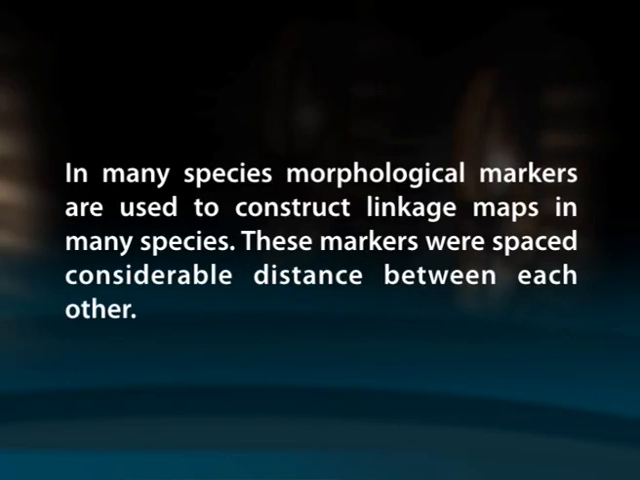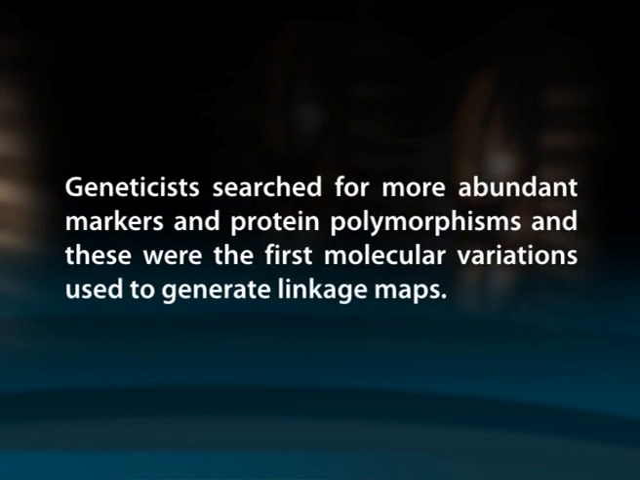In many species, morphological markers are used to construct linkage maps. These markers are spaced at considerable distances from each other. Geneticists searched for more abundant markers, and protein polymorphisms were the first molecular variations used to generate linkage maps. But the environmental influence and limited number of polymorphisms were the major drawbacks, and these led to the development